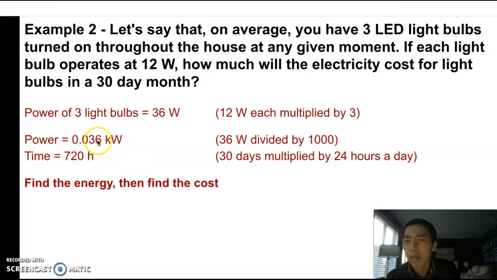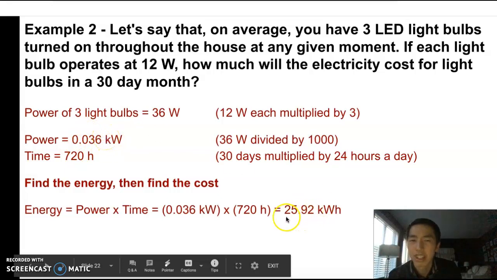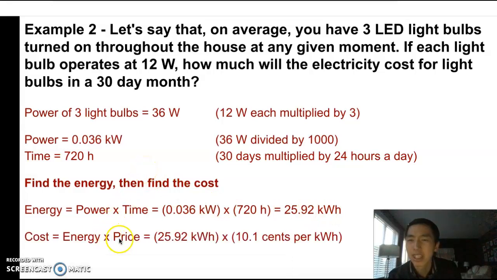These two numbers, power times time, will let me find the energy, and once I know the energy, I can find the cost. So my energy is power times time. These two numbers multiplied together give 25.92 kilowatt hours. Then I multiply that by the price, 10.1